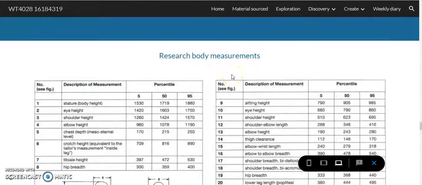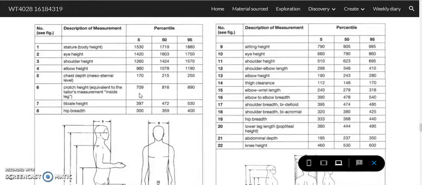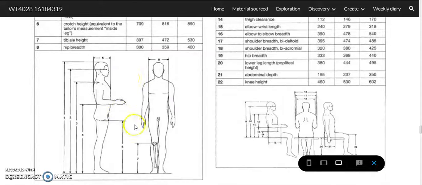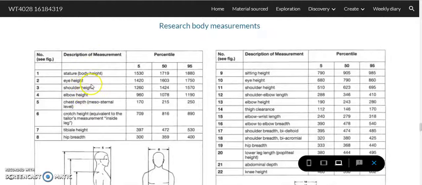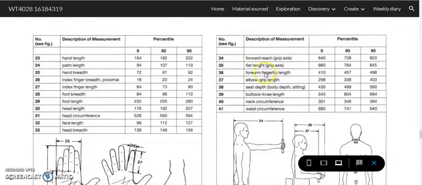So this is just a new bit of research. I researched body measurements, so I found the standard percentile sections of people's sizes. So you've got stature, eye height, shoulder height. Obviously, all this isn't necessary for my project. So this is just my research. In my investigation, I focus in on certain aspects of the information here. But